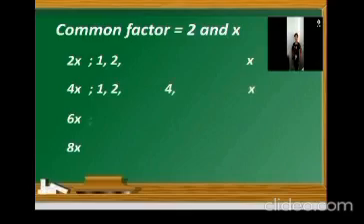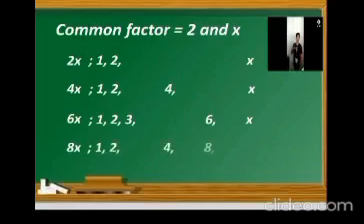The factors of 6x are 1, 2, 3, 6, and variable x. And the factors of 8x are 1, 2, 4, 8, and the variable x. If we are going to multiply the common factor of the numbers, the result will be